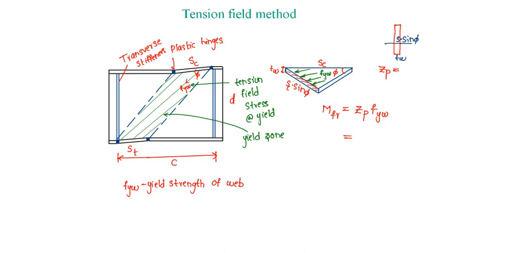So along this axis Zp will be equal to tw into (S sin phi) whole square by 4. So substituting, Zp is tw into (S sin phi) whole square by 4 into fyw, which is equal to MFR. From this we can find S, where S is equal to Sc, which is equal to St, which are